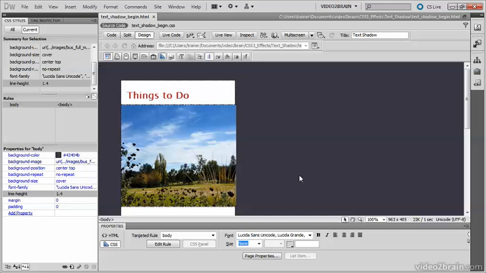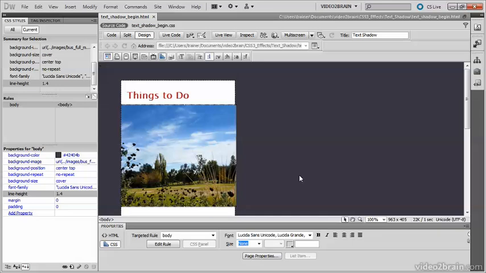In this lesson, I'm going to show you how to add a drop shadow to text without using any images. It's a very simple technique because you can use the CSS3 text shadow property. It was originally part of CSS2, but was dropped from the specification because browsers failed to support it. Ironically, once that happened, all browsers except Internet Explorer added support for text shadow, so it's now back part as